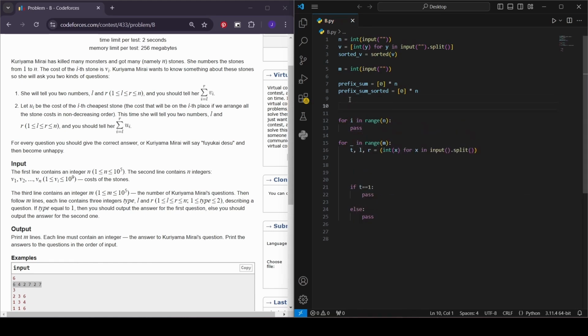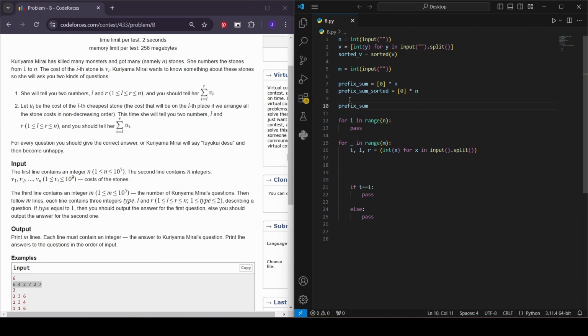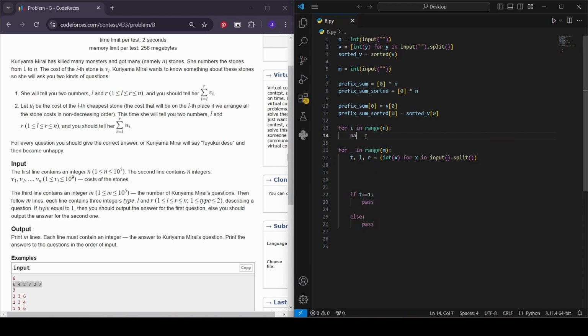Now, we already know the first element in our prefix sum array would be the first element in V or sorted V. So our prefix sum of 0 is V of 0. So it will be the first element no matter what we do. And then the first element in our sorted prefix sum is also the first element in our sorted V. Now, for I in range n, we'll start from 1 because we already defined the first elements before entering the